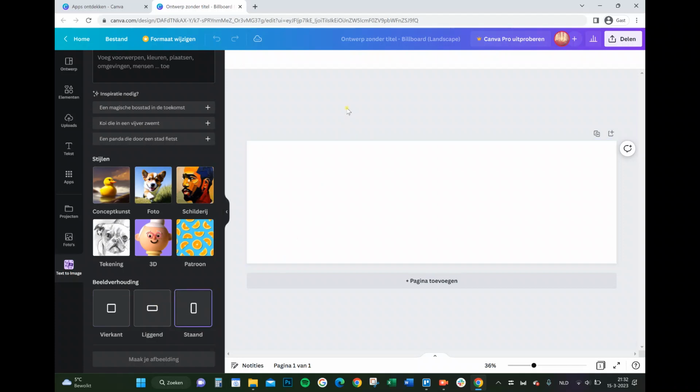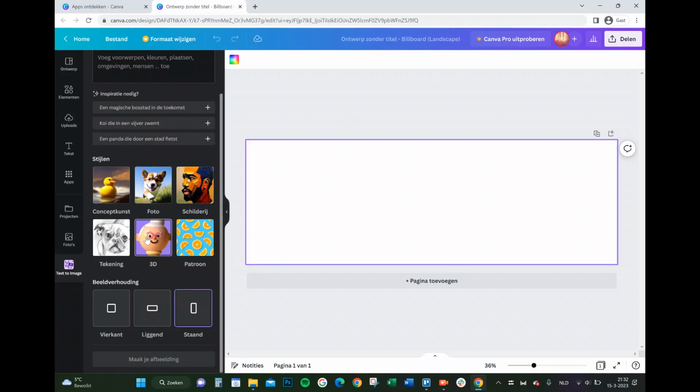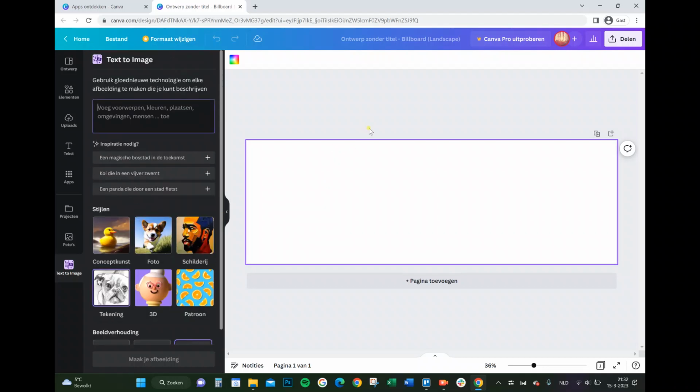Let's do a standing. It's not really working, but okay. And let's do drawing, and here you can type something you like, like a dog crown, like dog wearing a crown, white background,